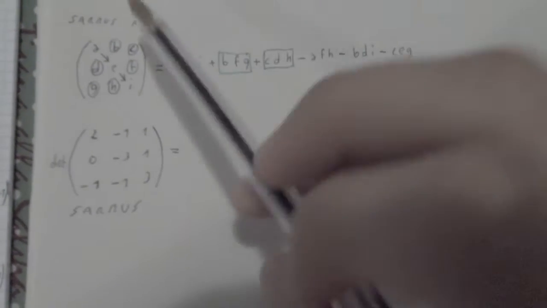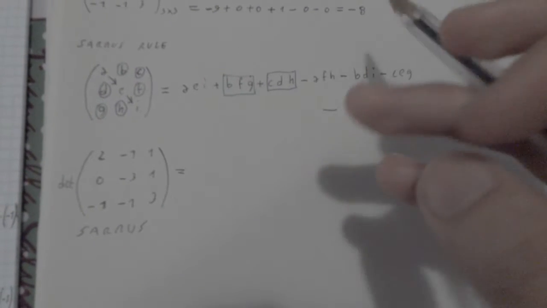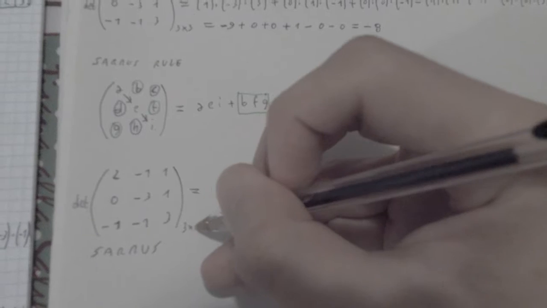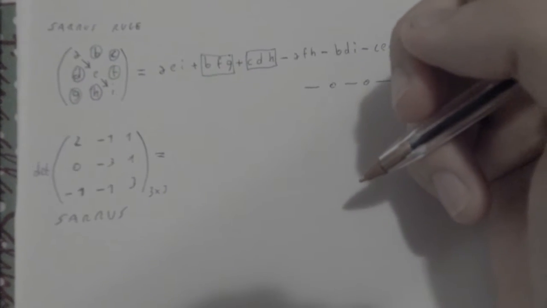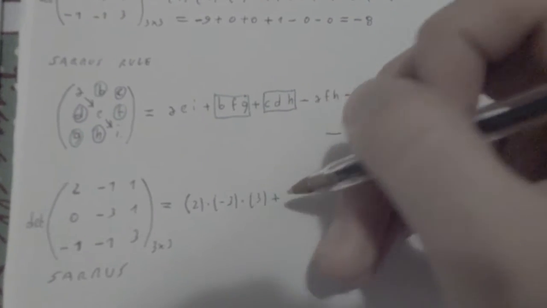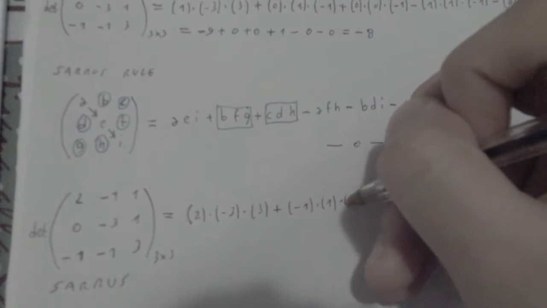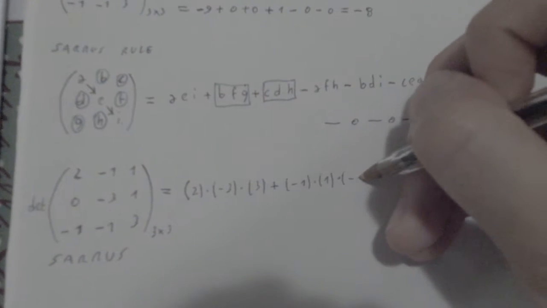And remember, we're just going to apply this over and over again whenever we have a 3 by 3 matrix. There are other methods to compute the determinant of a 3 by 3 matrix, but I do like the Sarrus rule. Okay, so in this case, if you just remember, we're going to start with the first diagonal. So it's going to be 2 times -3 times 3, plus BFG, which is 1 times 1 times -1,